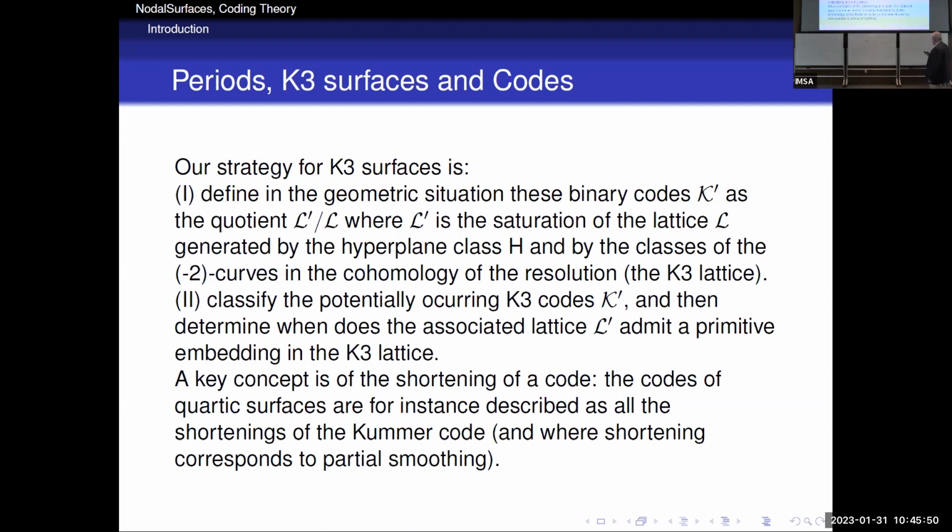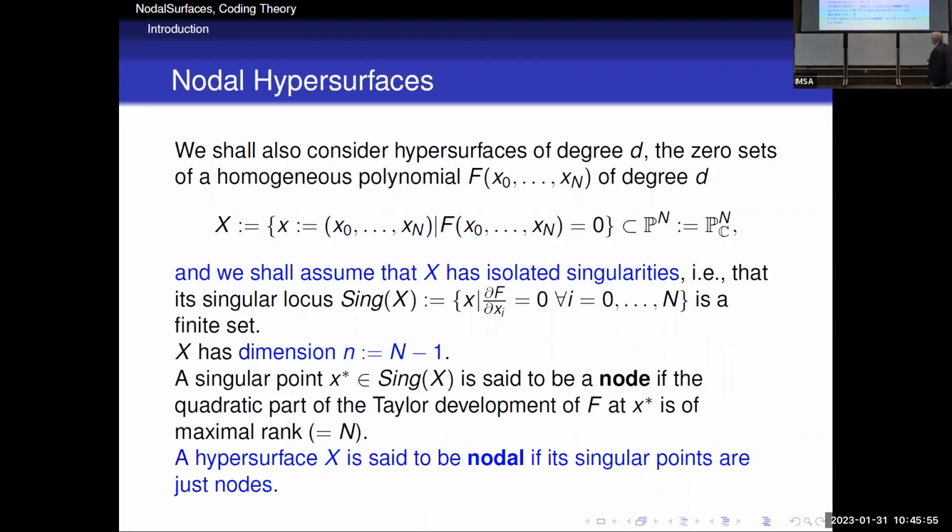And in the quartic case, we are lucky, we get all the shortenings of the Kummer code. Okay, so let me proceed generally. I can consider hypersurfaces of degree d. So f is a homogeneous polynomial of degree d, and I take the zero set. And I assume that X is a hypersurface in P